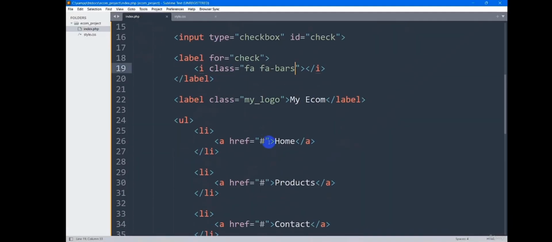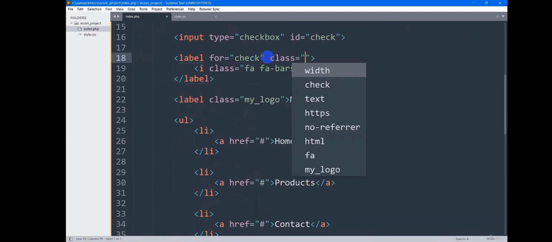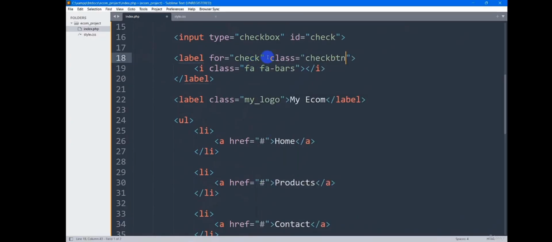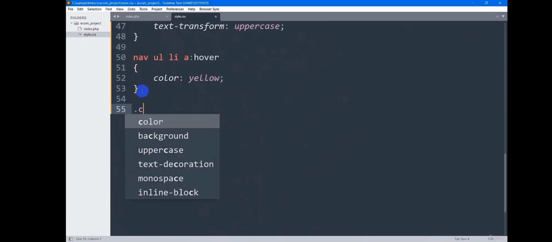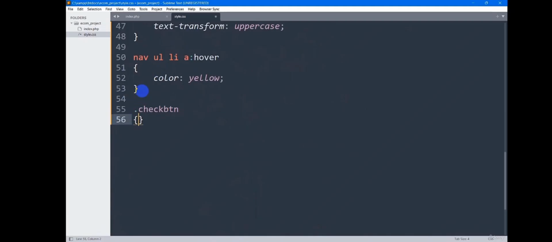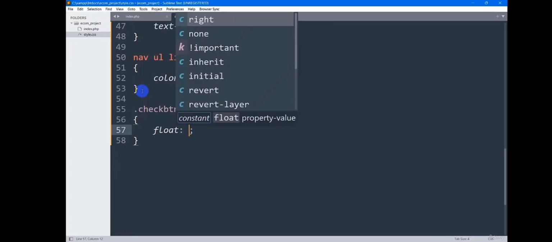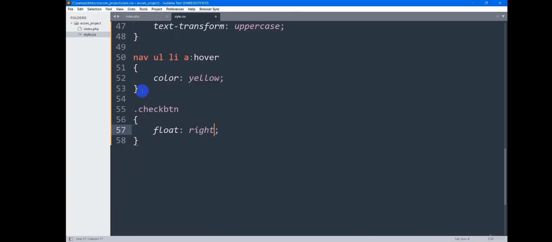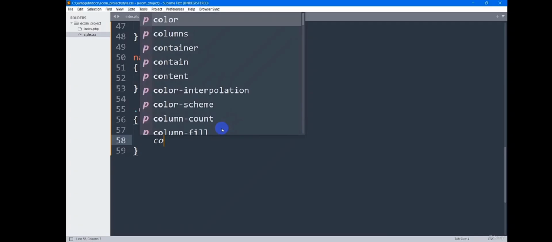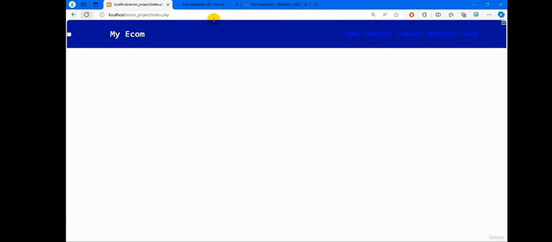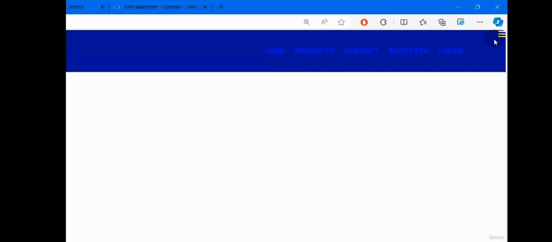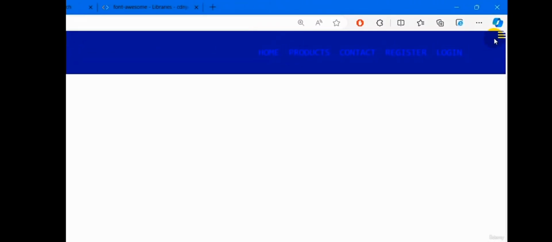For it, what we need to do is, again, we need to make this float right. So here inside this label, we're going to mention a class. Let's say here check button, checkbtn. So we're going to write some CSS for this checkbtn. Let's go to our style.css. We're going to say here .checkbtn, inside the curly brackets we're going to say float. It will be right. And let's also mention a color for it. Let's say color will be white. If we now save it, then refresh here, there you can see we have a Font Awesome icon bar here